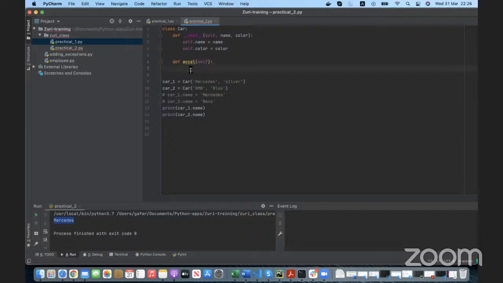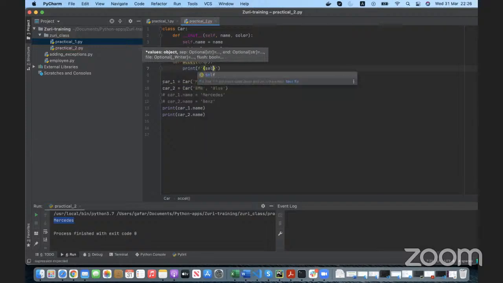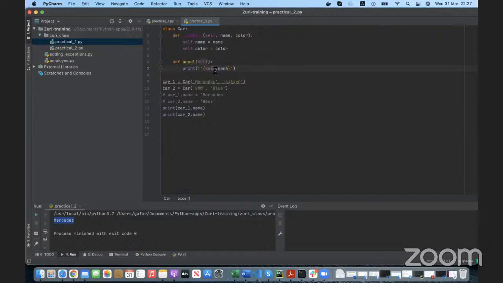Okay, so for accel, because of time, we're just going to print out, and I'll show you. You can print out and specify format. Let's say self.name. Now you see the reason why we have to use self, because now you have access to the object's attributes. If you try to get the attribute without specifying self, you're going to have an error again. It will say name not defined, and you have to define name, and we don't want to do that. So self.name, we can say accelerate